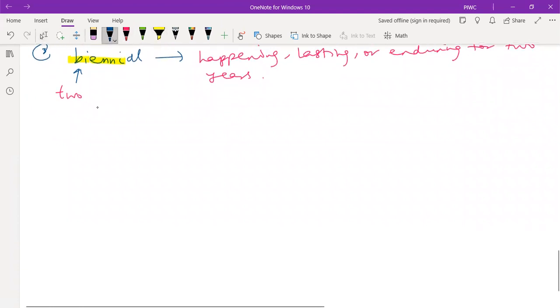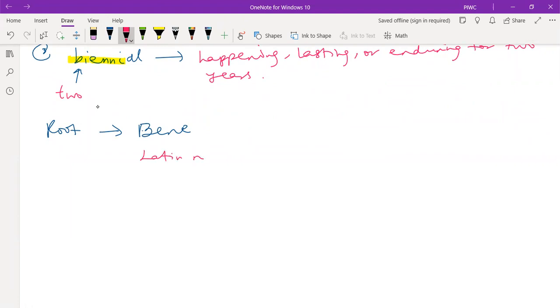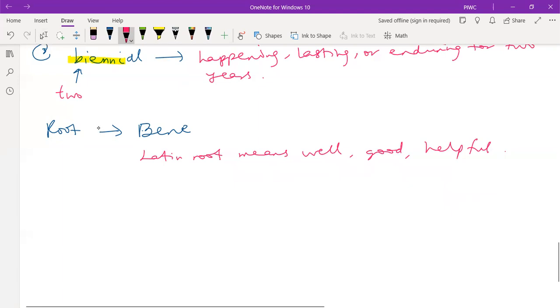I want to try another word. Let's look at the root B-E-N-E, bene. The root bene. Now, what does the root bene mean? It's a Latin root that means well. It means well, or good, or helpful. So this can be used in words like